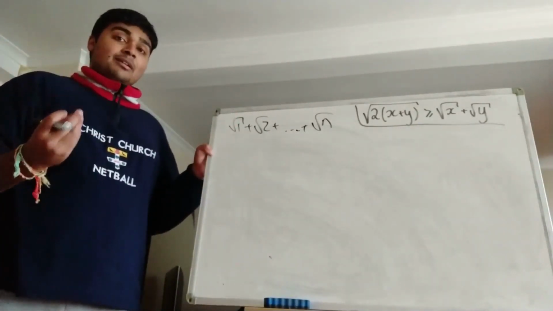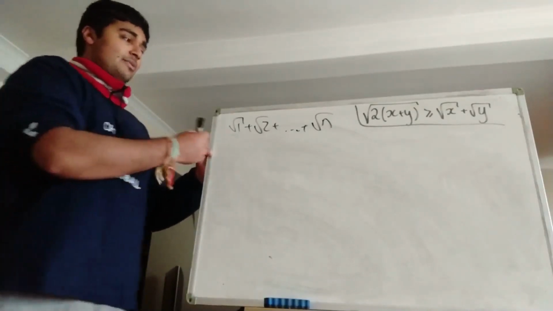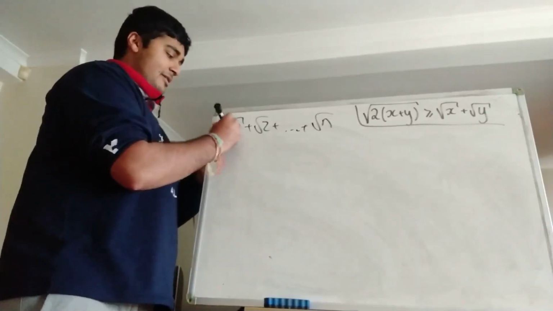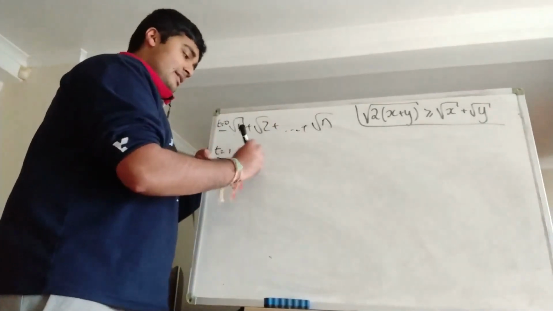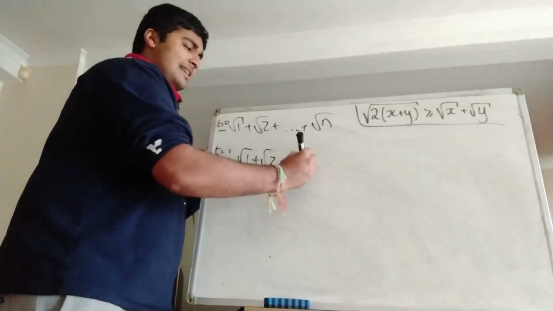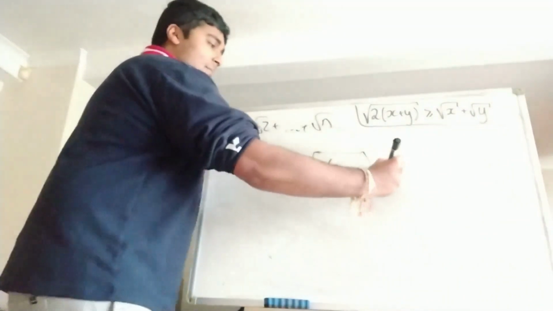We're going to add them up, and then rub them off and replace them with double their sum. So if this is t equals 0, then at t equals 1, if you write out the sum, we're going to have root 1 plus root 2 plus dot dot dot, and then at some point we're going to have root 2 times x plus y, like so, plus so on